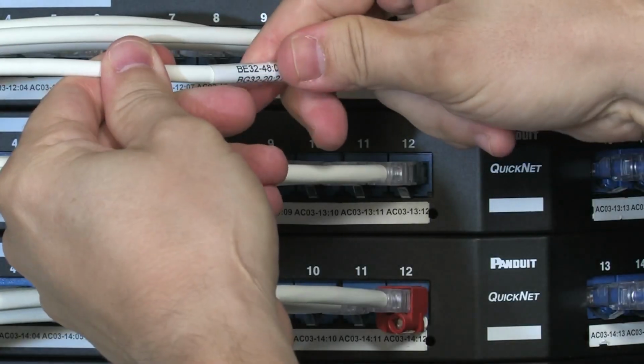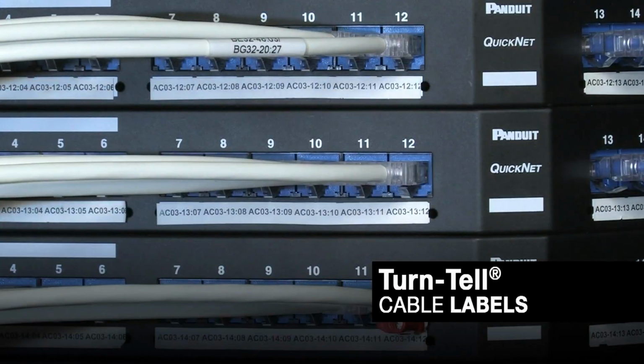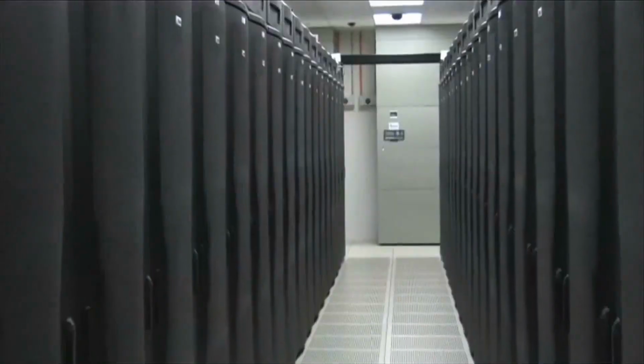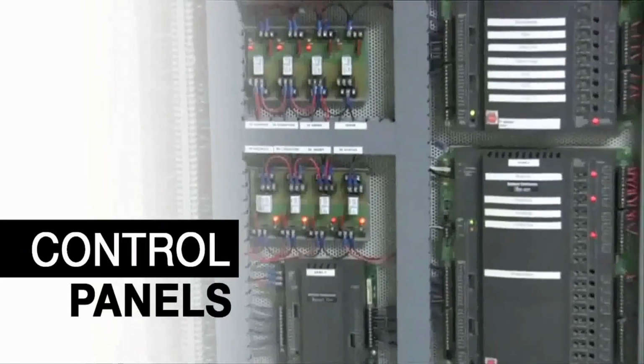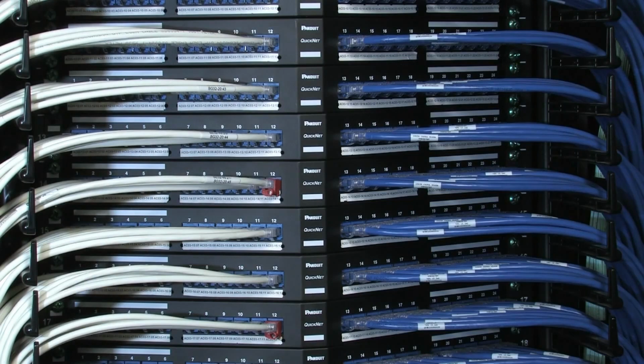I'd like to tell you about an exciting cable and wire ID solution called Turntail labels. Proper labeling is key to identifying wire and cable runs, whether they're located in data centers, enterprise buildings, control panels, or industrial environments. Turntail labels from Panduit have a unique feature that allows the labels to be viewed from any